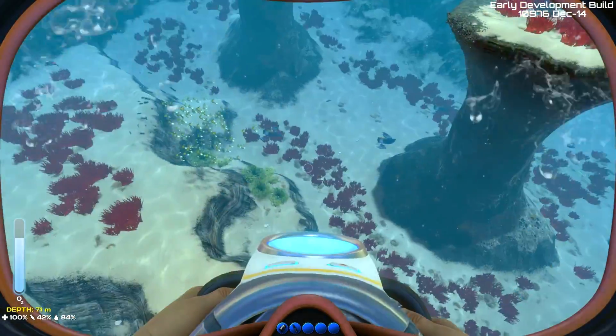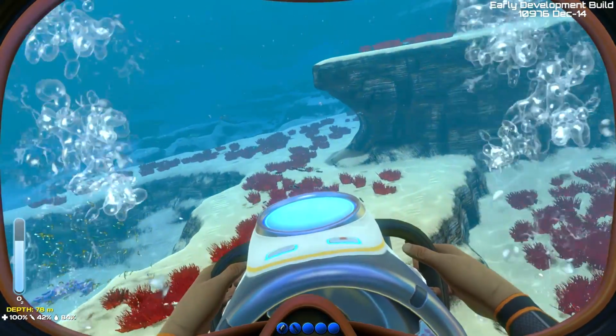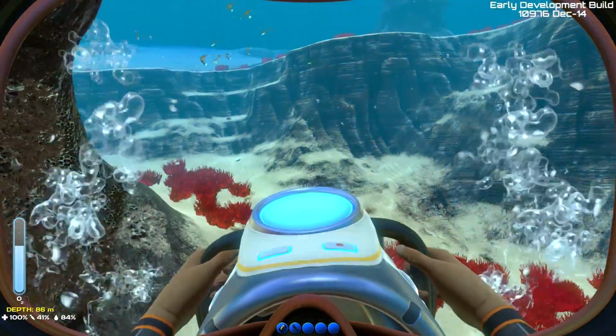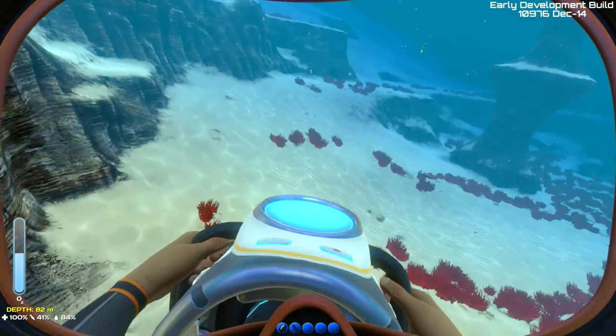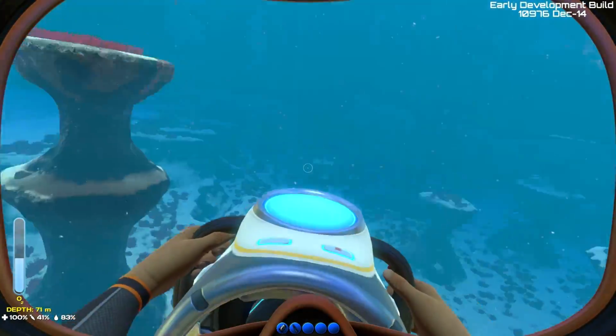The other problem is that there's pop-in in this game, and so you may not see it even though it should be inside the distance that you can see. It's very easy to lose things in this game, even at close range, because there's a lot of pop-in. I don't know where we were at, but